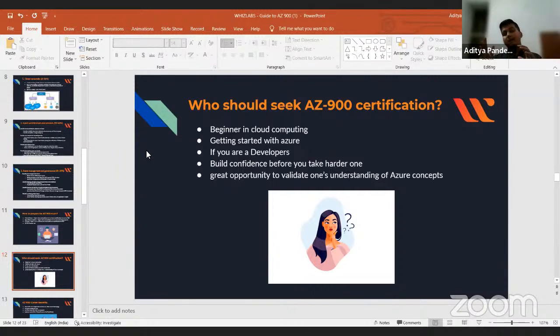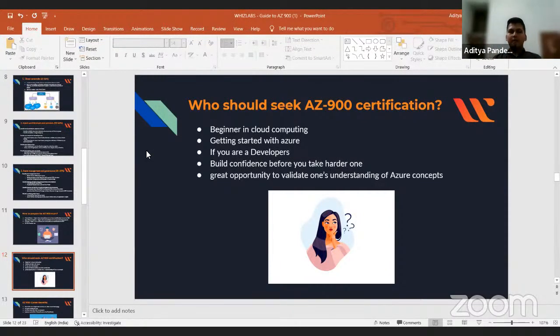Also, you get great opportunities to validate your understanding of Azure concepts, right? Let's say I am interviewing two persons and I find that one person's resume has a certification of AZ-900.